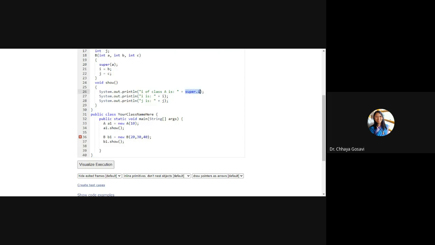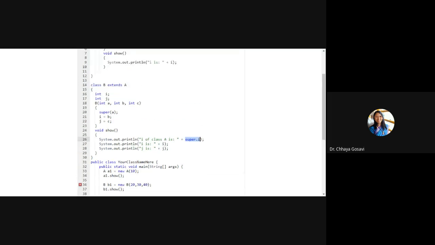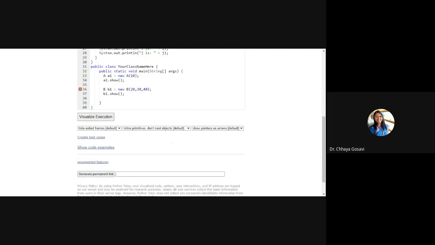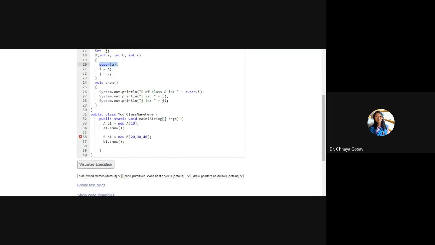This is the third use of the super keyword. We can access variables of the superclass using the super keyword, we can call the constructor of the superclass using the super keyword, and we can call a superclass method with the help of the super keyword. Instead of this, we can also call super.show.